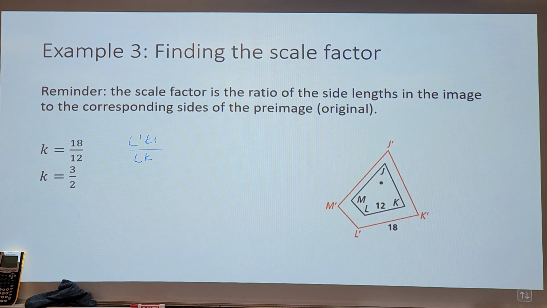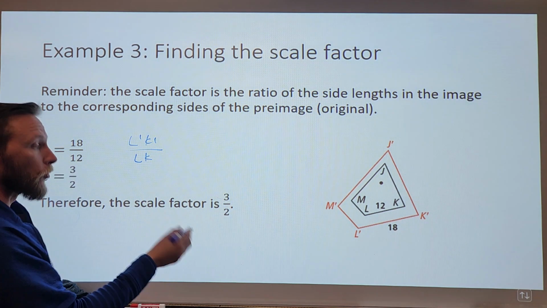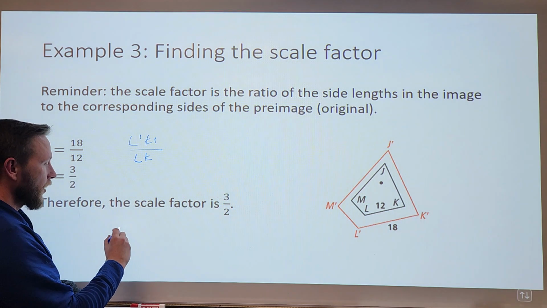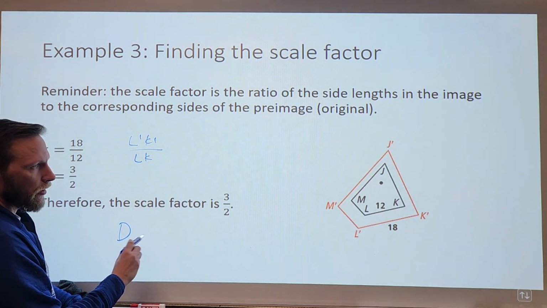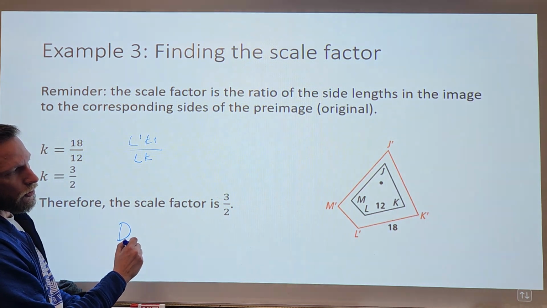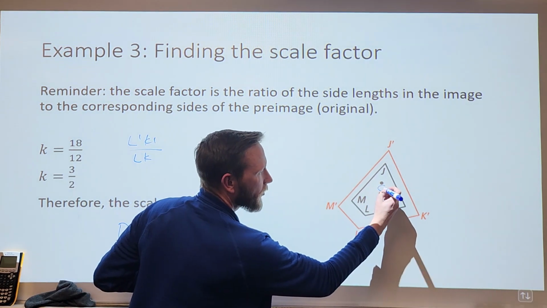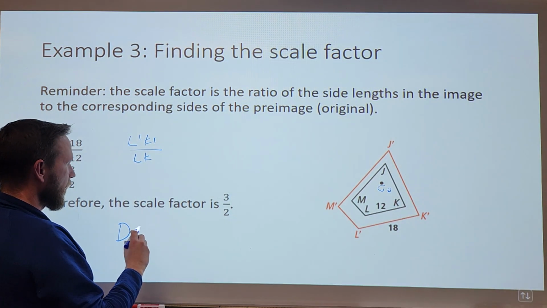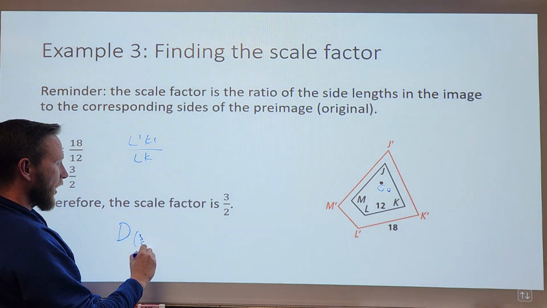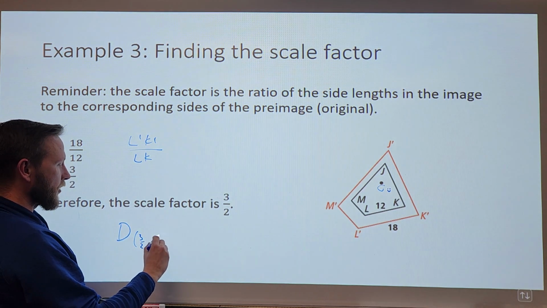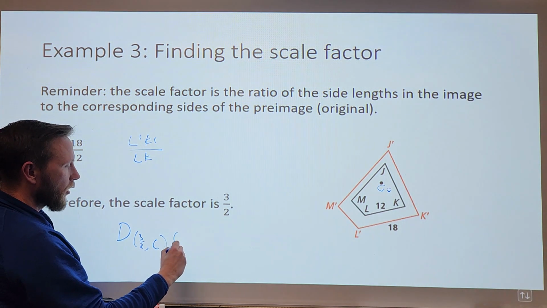So our scale factor is 3 halves, all right? If we know our scale factor, then that means that we can write our dilation. The dilation of, I don't have this point labeled. Let's just call that point C. That's my bad, point C. The dilation by 3 halves about point C, that's the center of dilation, of